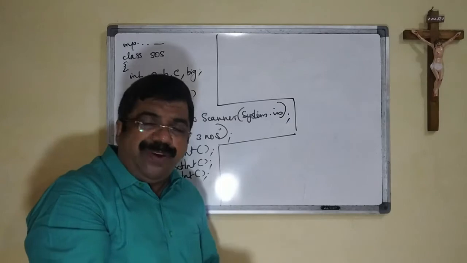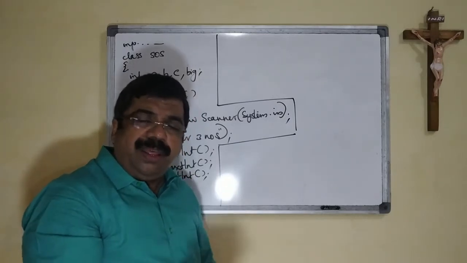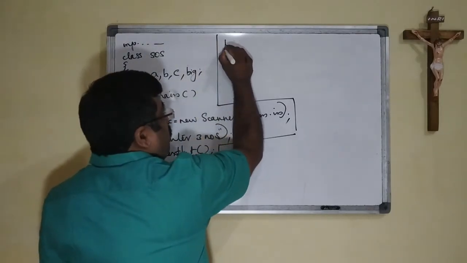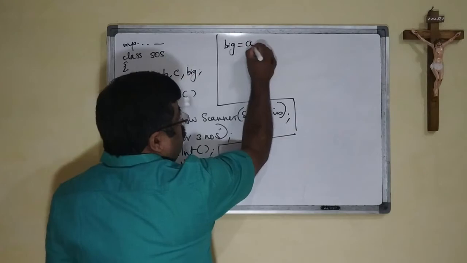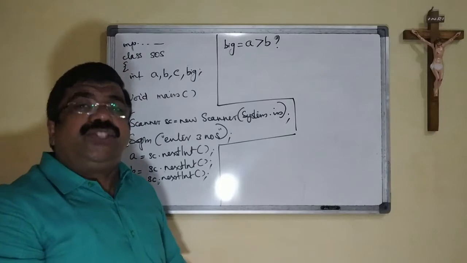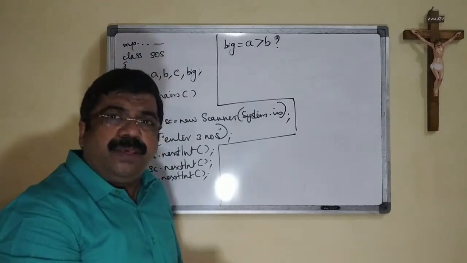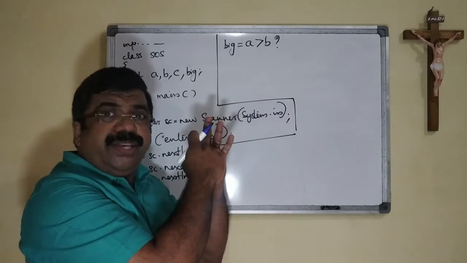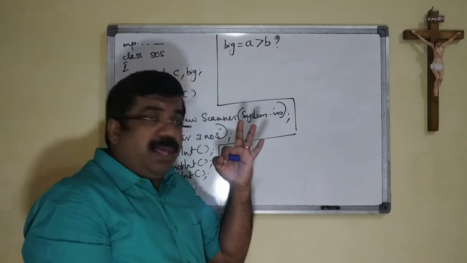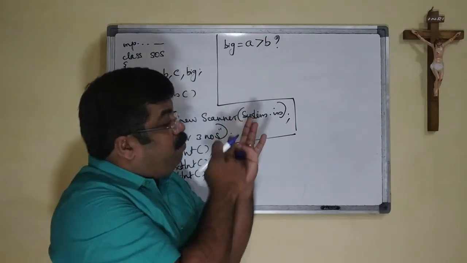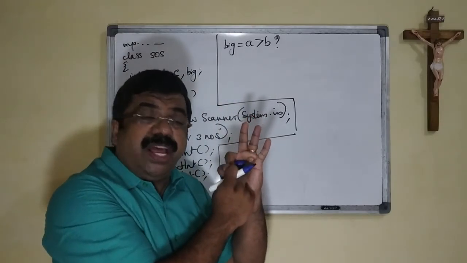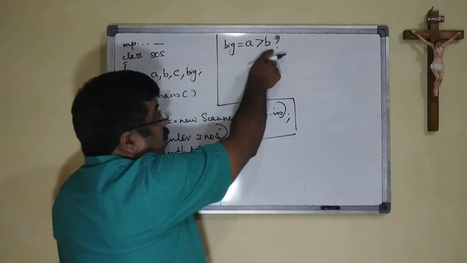I am giving the easiest way of solving the question without going into tough logic. Let's say we give big is equal to A greater than B. Comparison between the first number and the second number is done. Just look here. Consider this as A, B and C. Comparison of A and B is done. First one is A, checking whether it is greater than the second one, A greater than B.